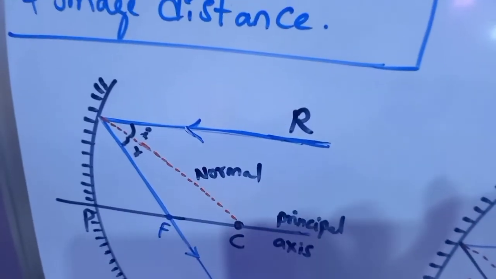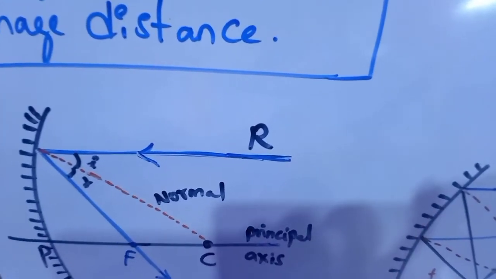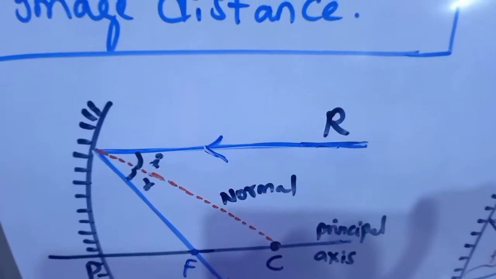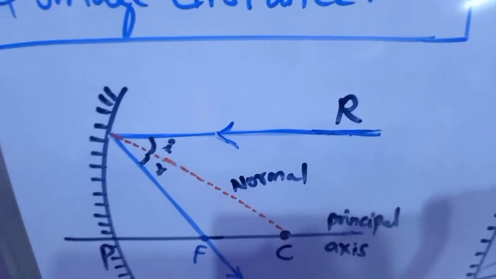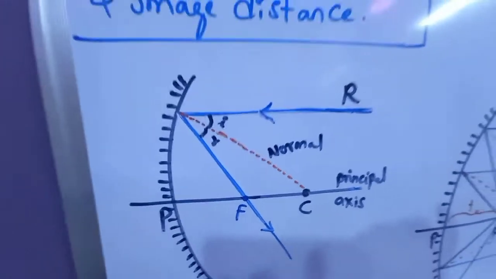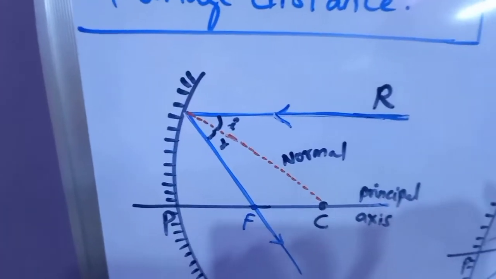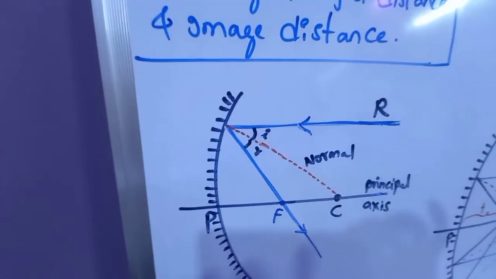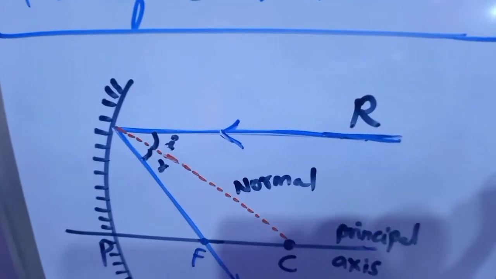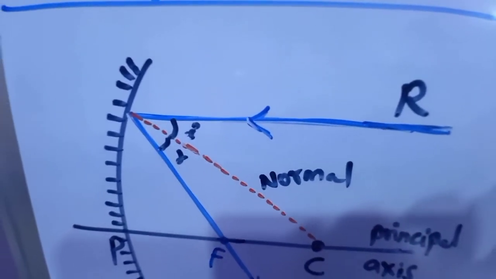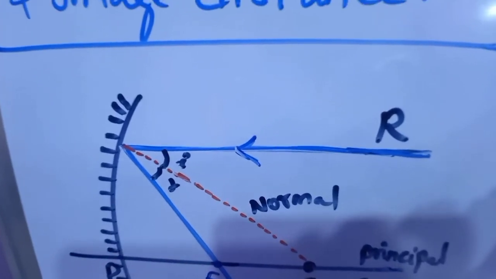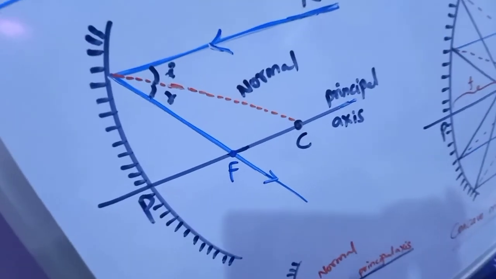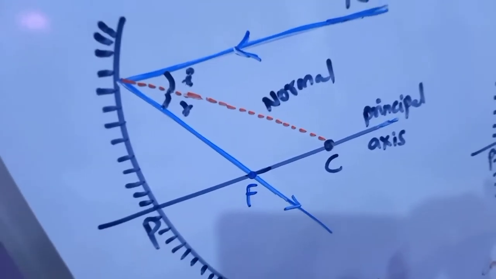Now you see this picture. For any ray, the incident angle is the angle it makes with the normal, shown as I. Suppose the incident ray R is coming towards the concave mirror. This is the concave mirror, children, because the inner surface is acting as the reflecting surface and the outward surface I have represented with a painted surface. So the incident ray R is coming in contact with the concave surface and it is making a certain angle with the normal, and its reflected ray is also meeting at the focal point, that is F.